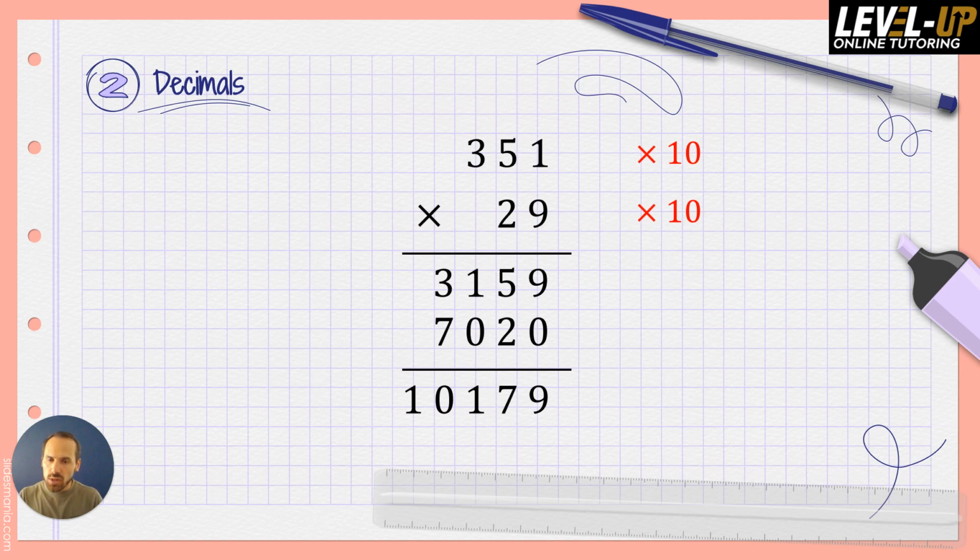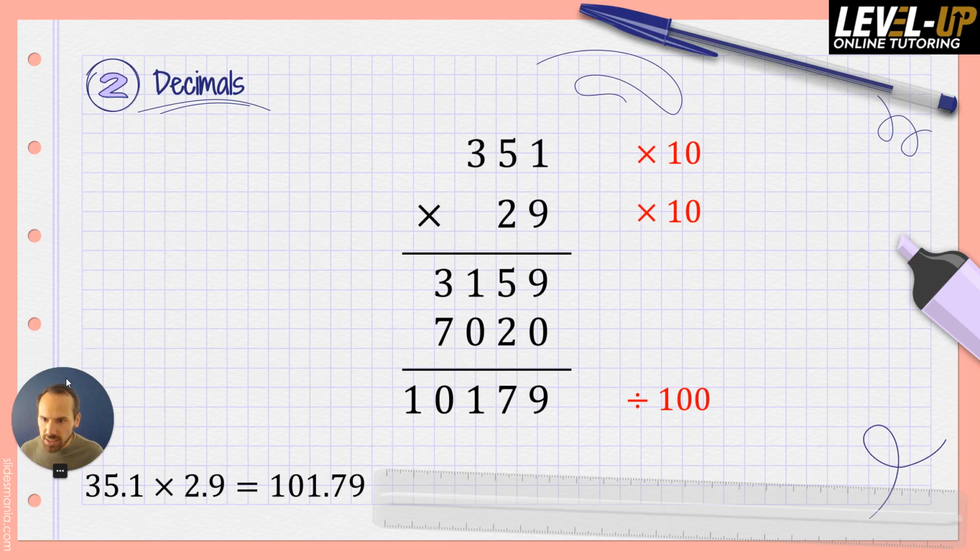So the final answer that we've got in this example is going to be 10 times 10 times bigger than the actual answer we want. So it's basically 100 times bigger. So if we take this answer here and divide by 100, so basically shift the decimal point 2 to the left, we will then get our answer,